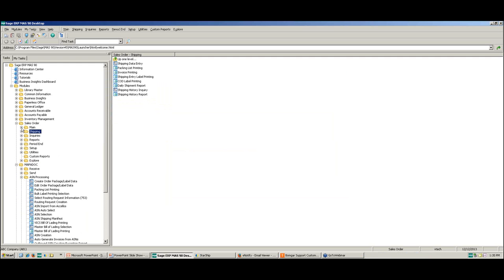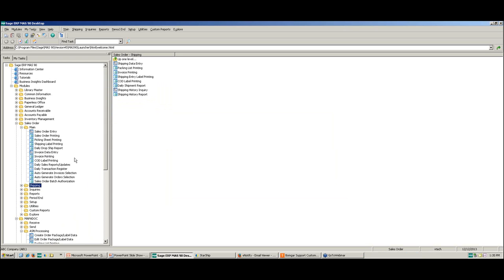Okay. So now, when it's been shipped out, now you want to get paid for your product. You're going to want to send out the EDI invoice as well. And with this process, it's very simple. There's really no extra steps you need to do to send out EDI invoices. You're really going to just do the normal steps that you would do within Sage to close out your invoices